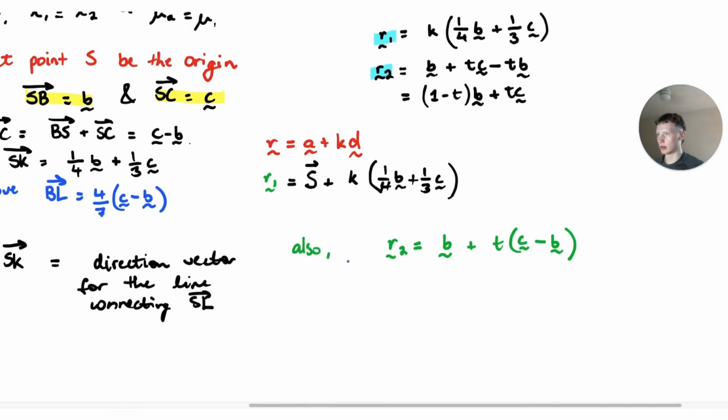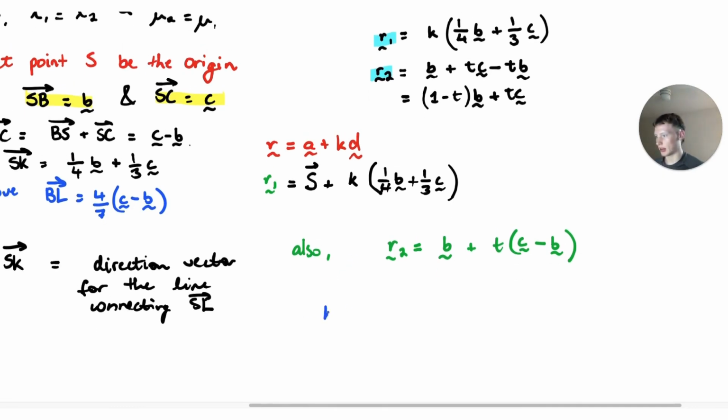So what that would look like is that, I'm going to substitute the K in, so 1/4 K times B plus a third K times C has to equal 1 minus T times B